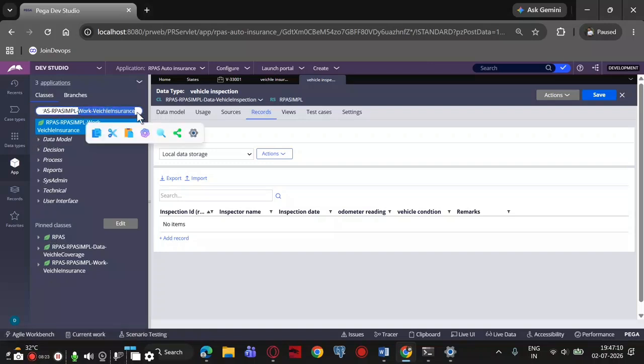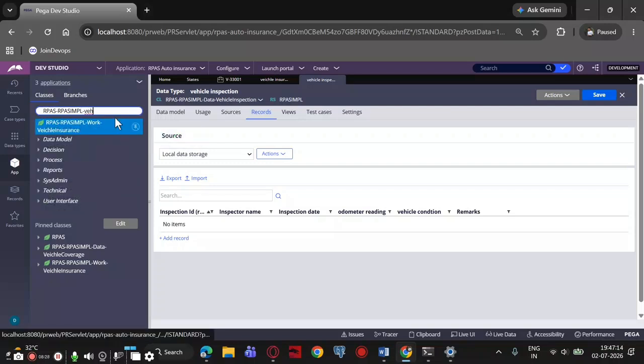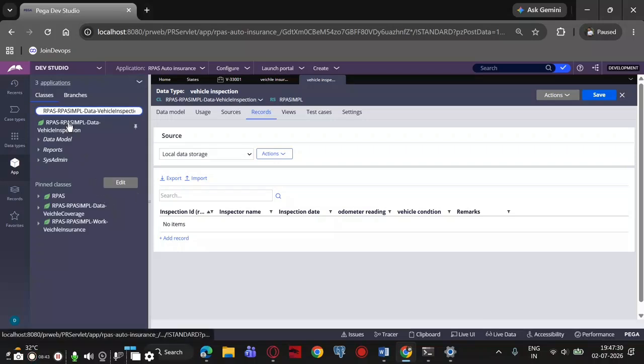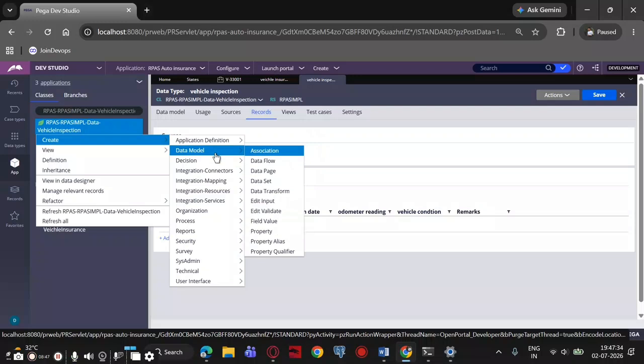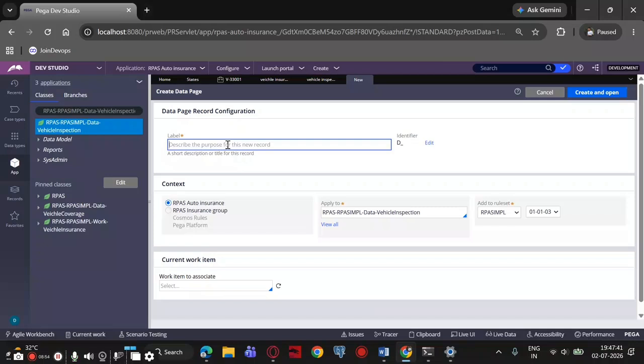RMPL, IMPL, vehicle, VHICL, vehicle, inspection rate, vehicle inspection. This is the data class, right? All right. Create data model database. So what database I'm going to create here is